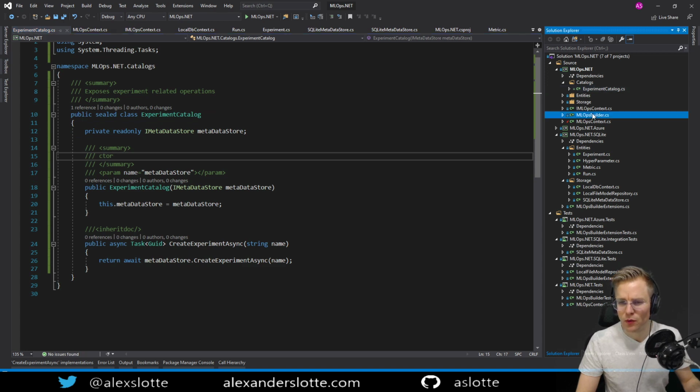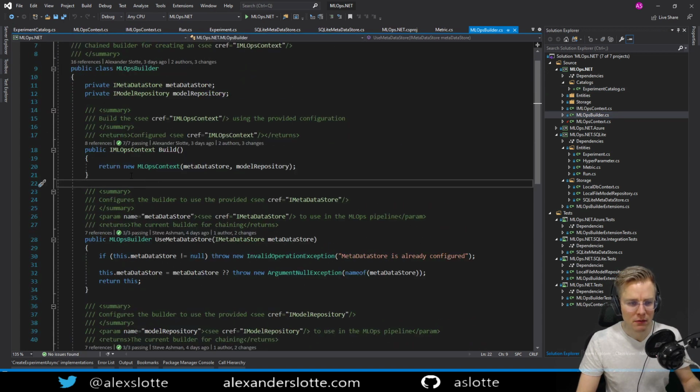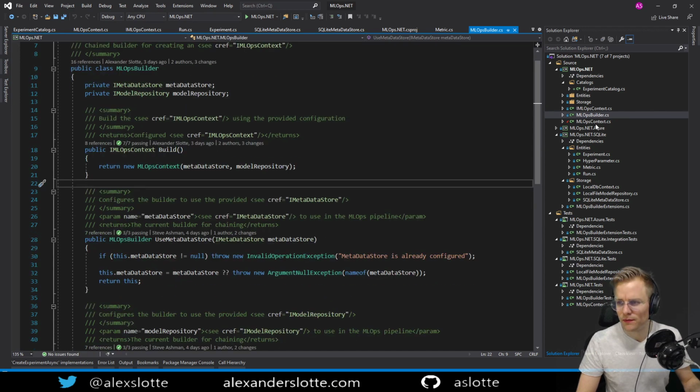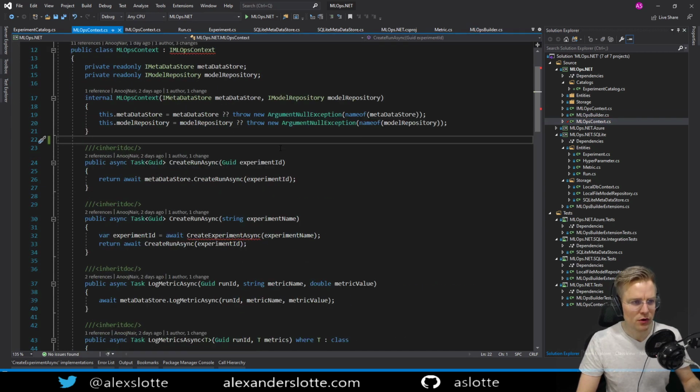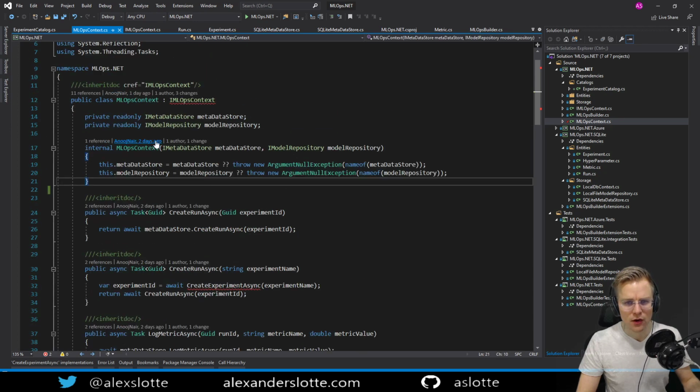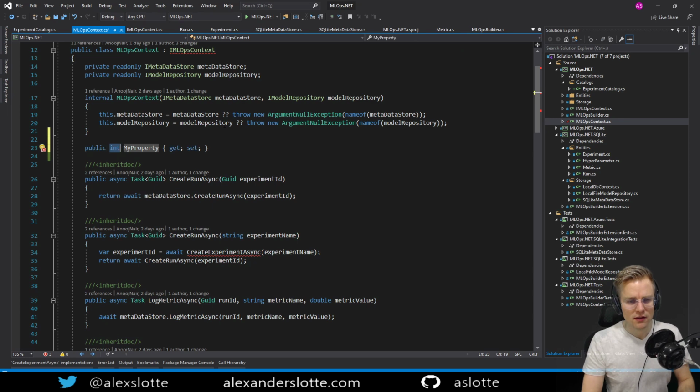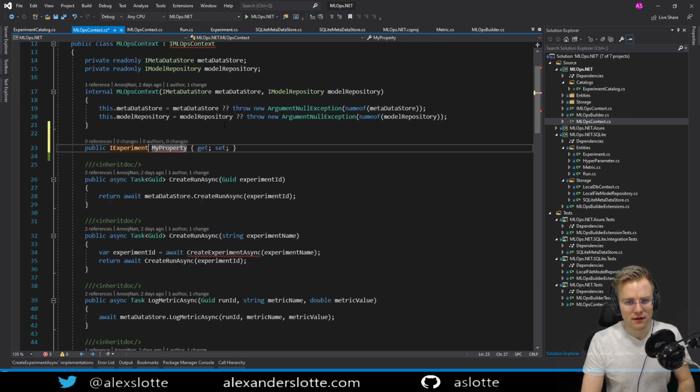But what we do need to do here is, instead of having that method, we need to expose the appropriate things here. So now we need to have a property here instead, and we'll do that as a property, ExperimentCatalog, like that.